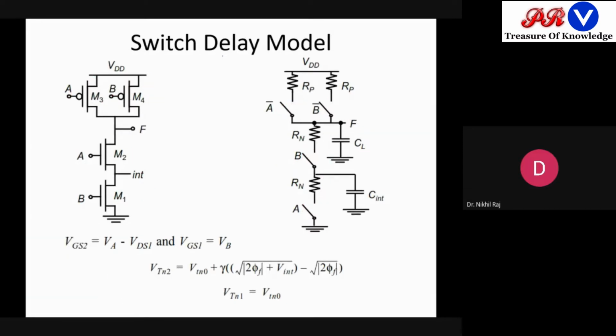Now what are the observations? If you see the M2 transistor, here the source and bulk can both be connected at the same potential. Here this is the bulk which is grounded, and this is the bulk which is grounded. So here there is no threshold voltage effect, but in M2 there will be the threshold voltage effect, which will vary according to this relation, that is VSB voltage. So what is VSB? It is VNT minus VB. VB is equal to 0. So VNT will come here.